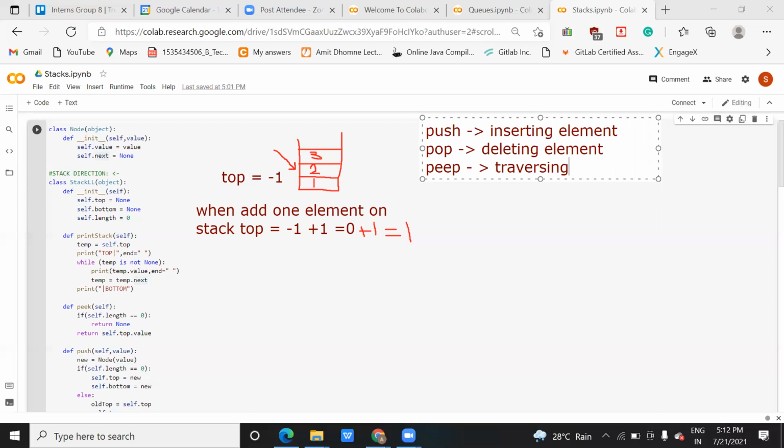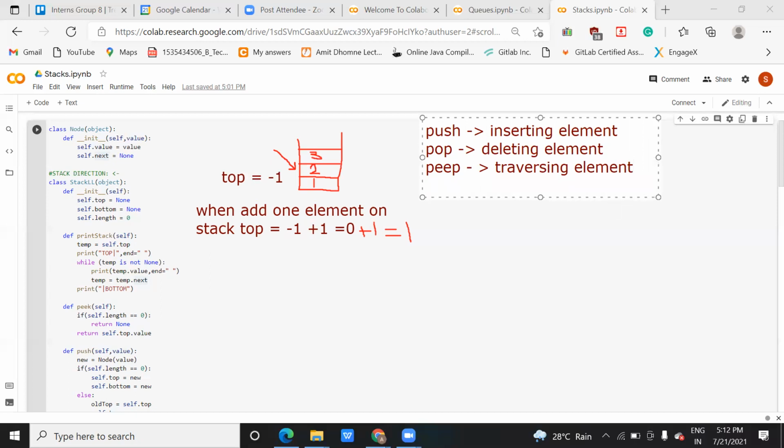It will traverse the list and tell you what elements are there, the number of elements. When we say walk through the code, it is to understand the concept or how the function works. Push means inserting an element, pop means deleting an element, and peep means traversing, meaning you see what elements are present.